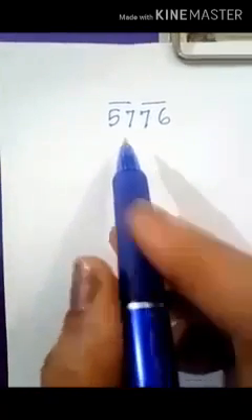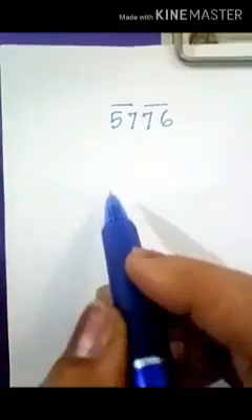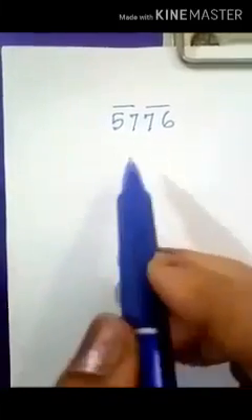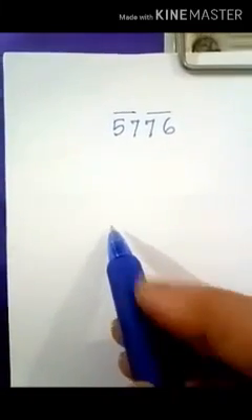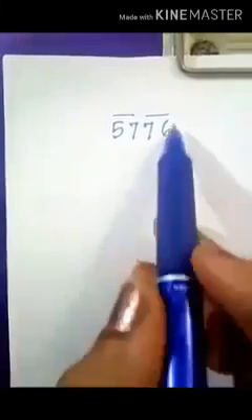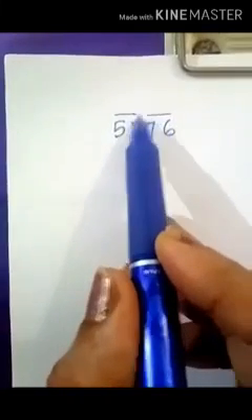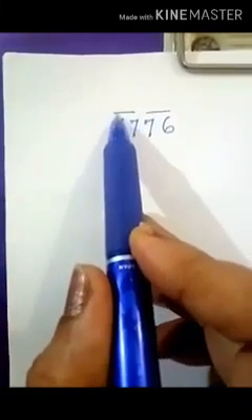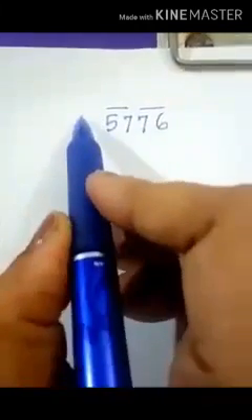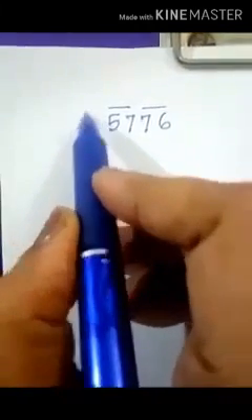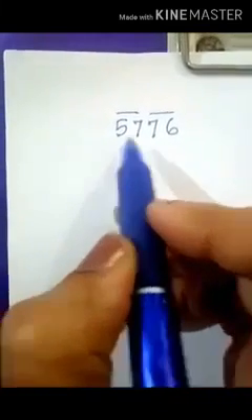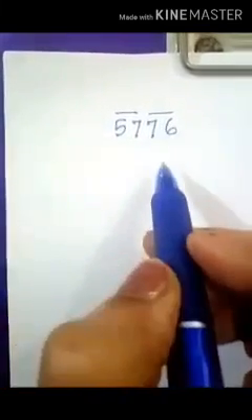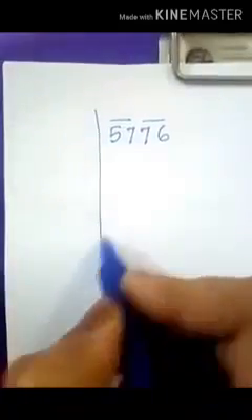And do you remember the table I told you we have to use in this chapter? That is 1 1s are 1, 2 2s are 4, 3 3s are 9. That table we have to use while dividing. So the first step is grouping the numbers in 2s. If it is a 5-digit number, the digit at the start will be left alone and divided separately. Then the next 2 will come down, and then the third set.